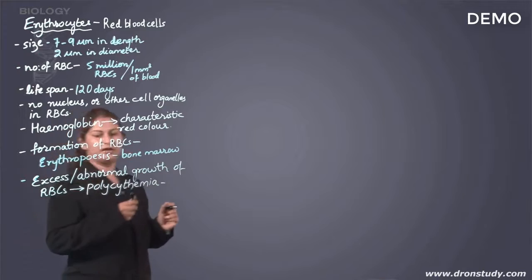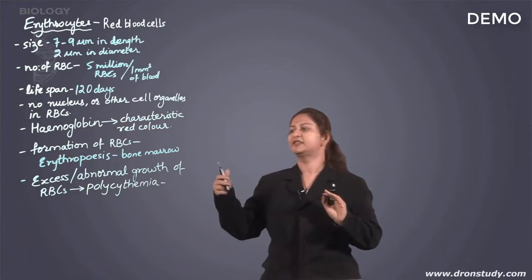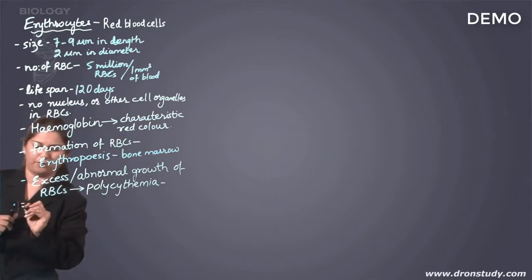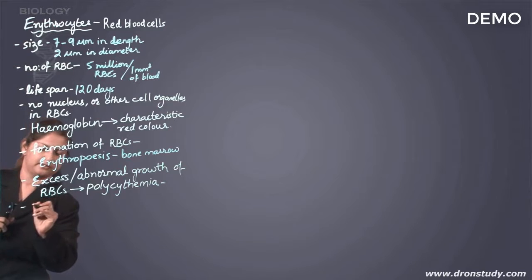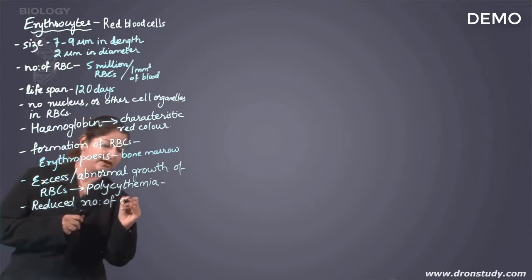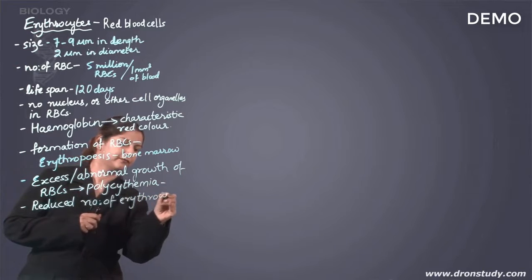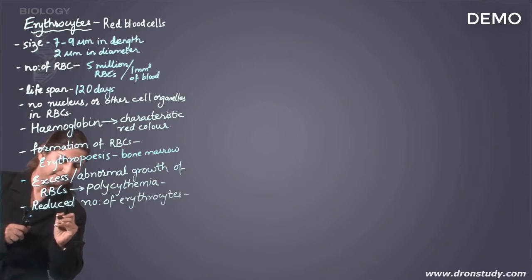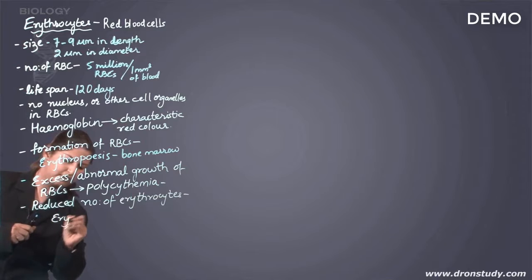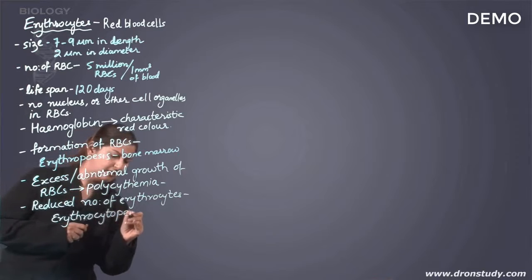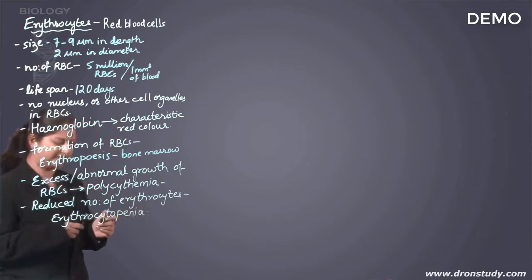Now, polycythemia is where there is excess formation of RBCs, and erythrocytopenia is the opposite thing, that is the reduction or reduced number of erythrocytes, which gives rise to a condition called erythrocytopenia. Now, this word is actually taken from the word